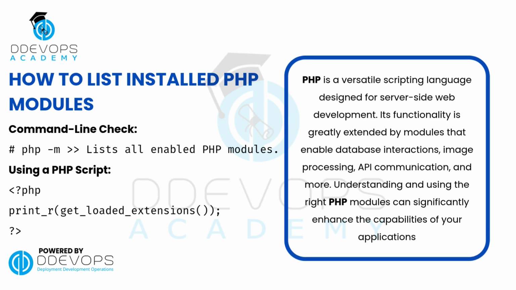How to list installed PHP modules. Now let's see how to check which PHP modules are enabled on your system. Modules are like add-ons or features that extend PHP's functionality. For example, a module for working with databases or handling images. Command line check: php -m lists all enabled PHP modules. Using a PHP script: print_r(get_loaded_extensions());